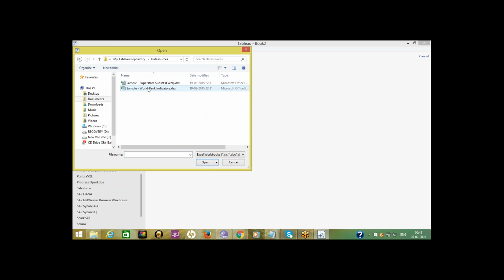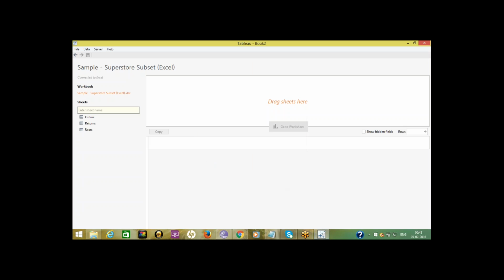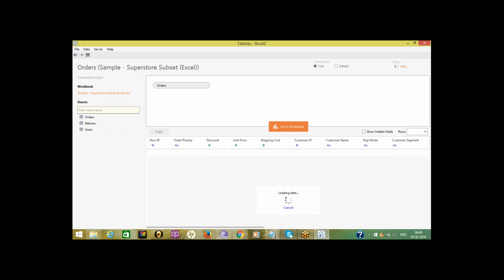Under data sources, we'll have Superstore. Open this one and drag the orders table.